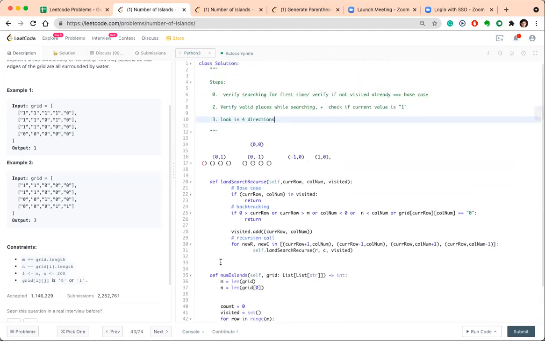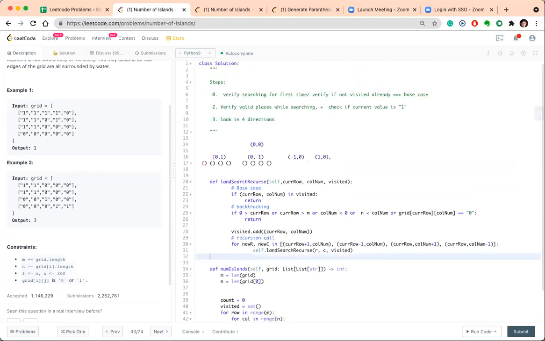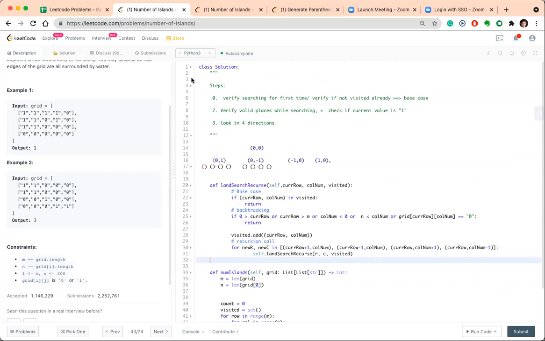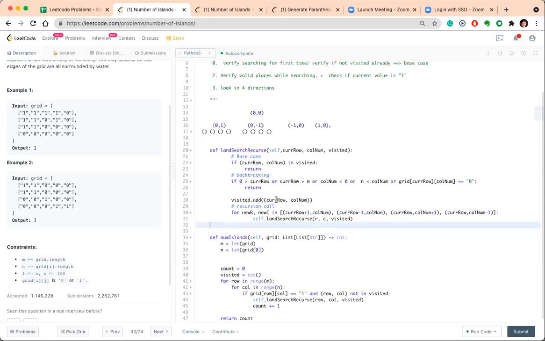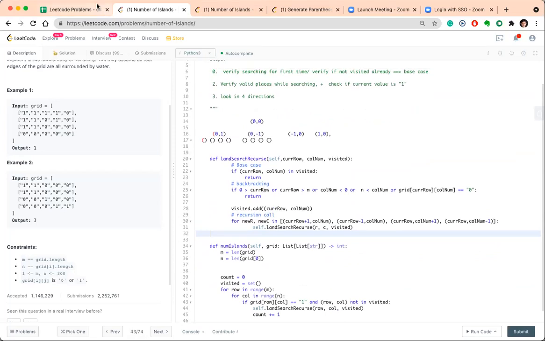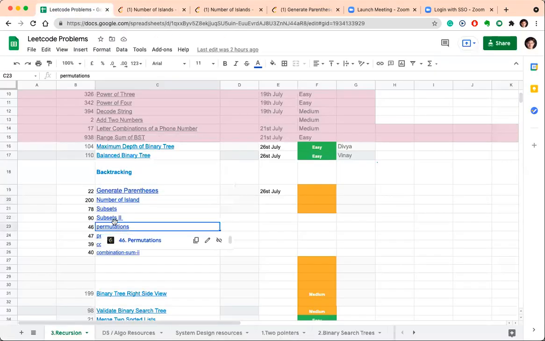Yeah, I will put this code in the chat so that you can have a look later on. Okay, moving on to the next problem, subsets.